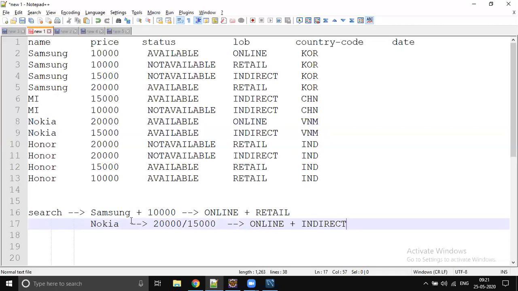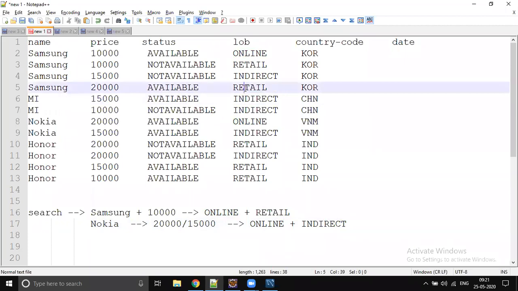So this is the search criteria. When you say that I want a Nokia mobile, then we will suggest that you place it online, or you should go and buy it at an indirect store, right? So I hope you understood the difference between a retail store and an indirect store. Any doubts?